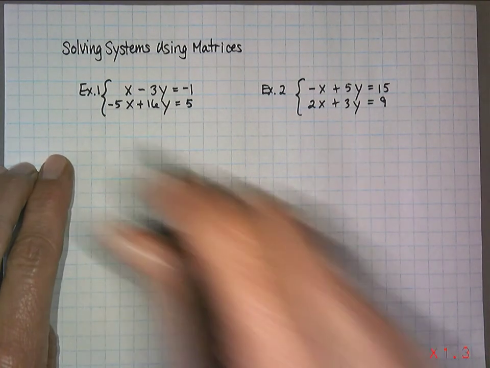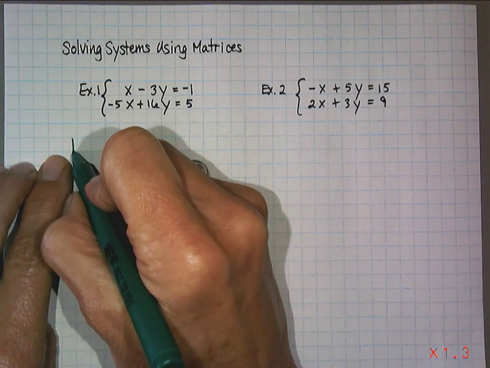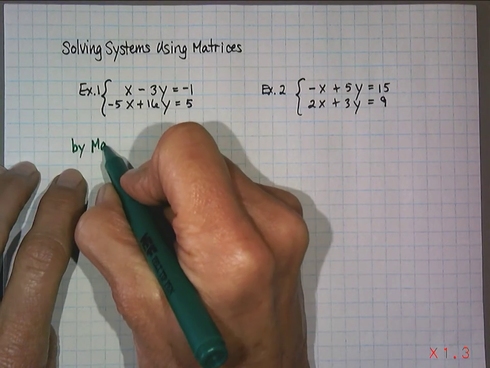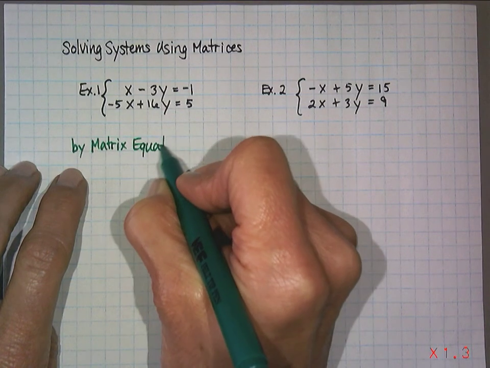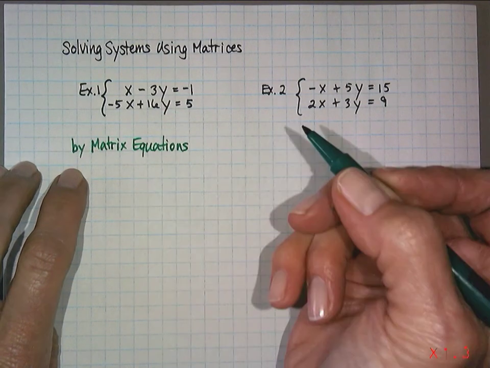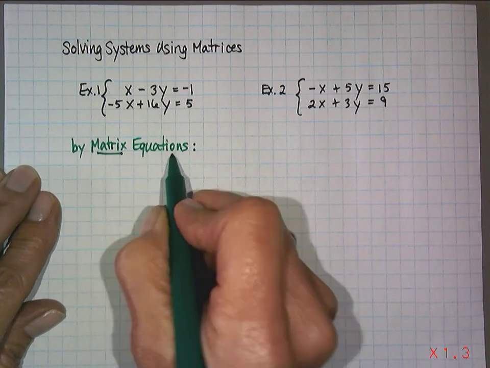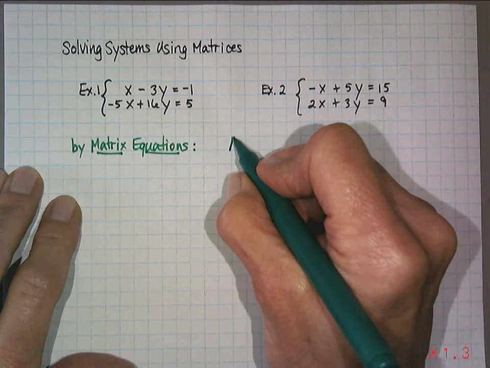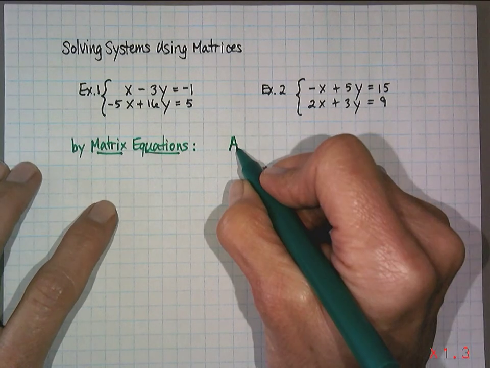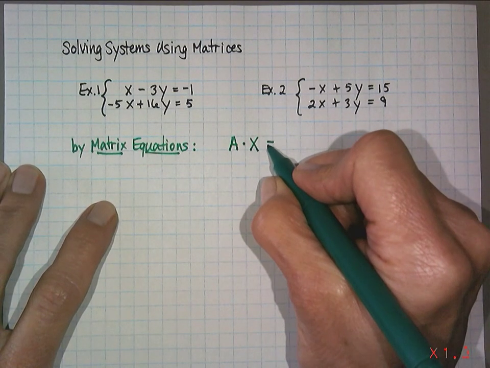The first method I want to show you is called solving by matrix equations. So I'm going to write by matrix equations. I think this may be most people's favorite method as far as using matrices, but everybody has their own style. So by matrix equations, what do I mean by that? I mean you write yourself an equation like, very simple, the equation A times X equals some other number